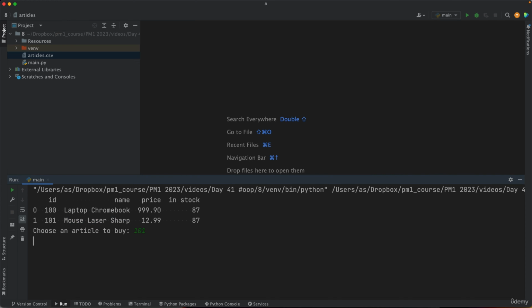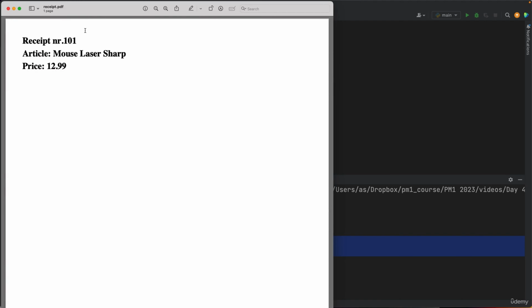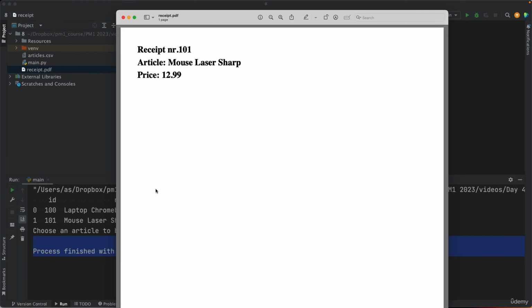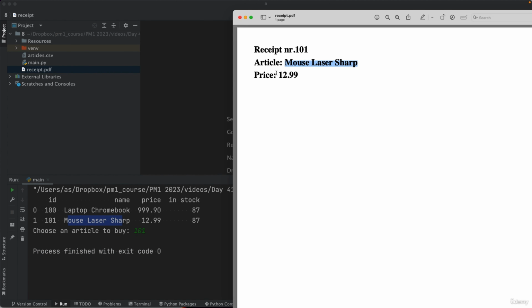101. Press enter. Nothing happens here, but in the project directory, a receipt.pdf file was generated. So this is the output of the program. So that's the receipt. That's the number of the product, 101. That's the name of the article, mouse laser sharp, which corresponds to this second article, and that's the price of